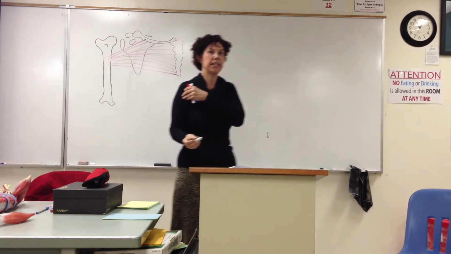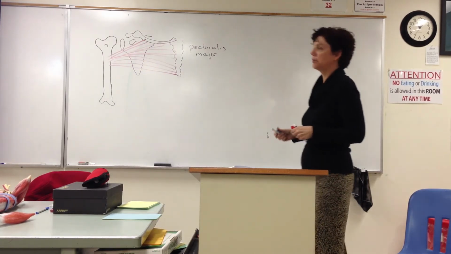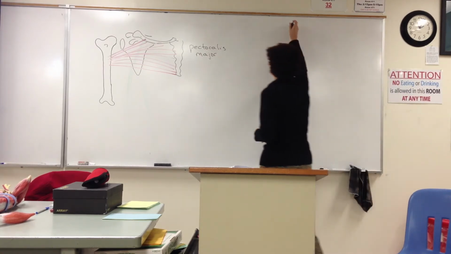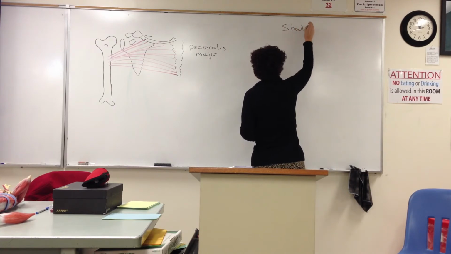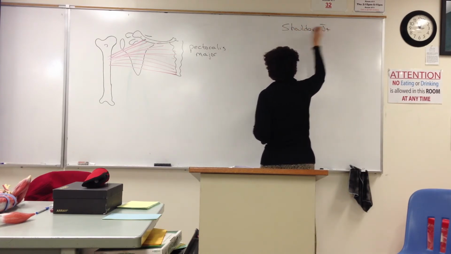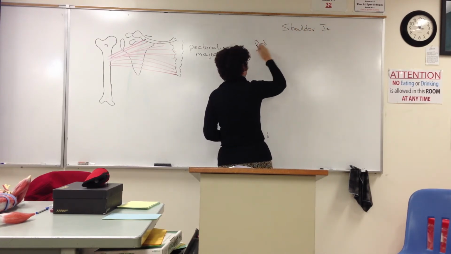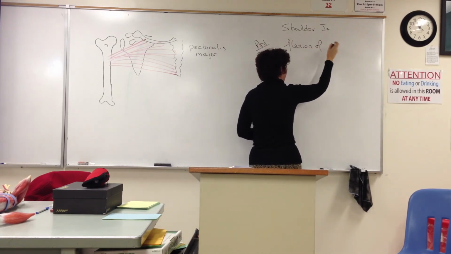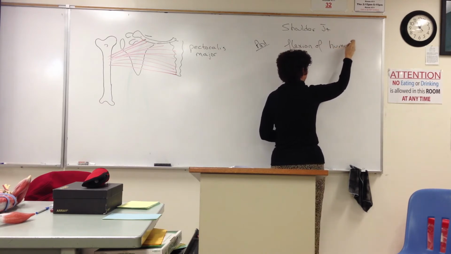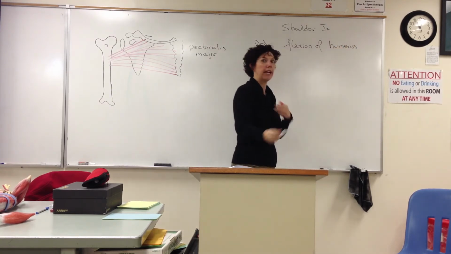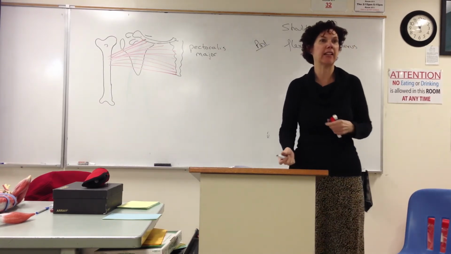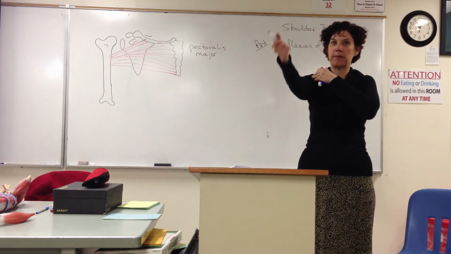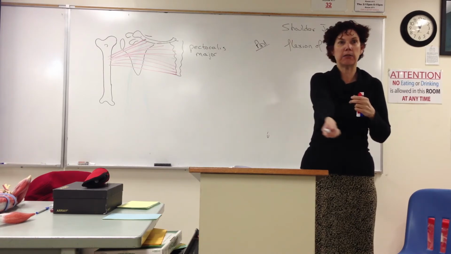Because it's anterior, muscles that cross the shoulder joint anterior are going to be able to do flexion of the humerus, because that's what it's inserting onto. And flexion, remember, is decreasing the angle of a joint. So doing this, pectoralis major is going to be able to do this,